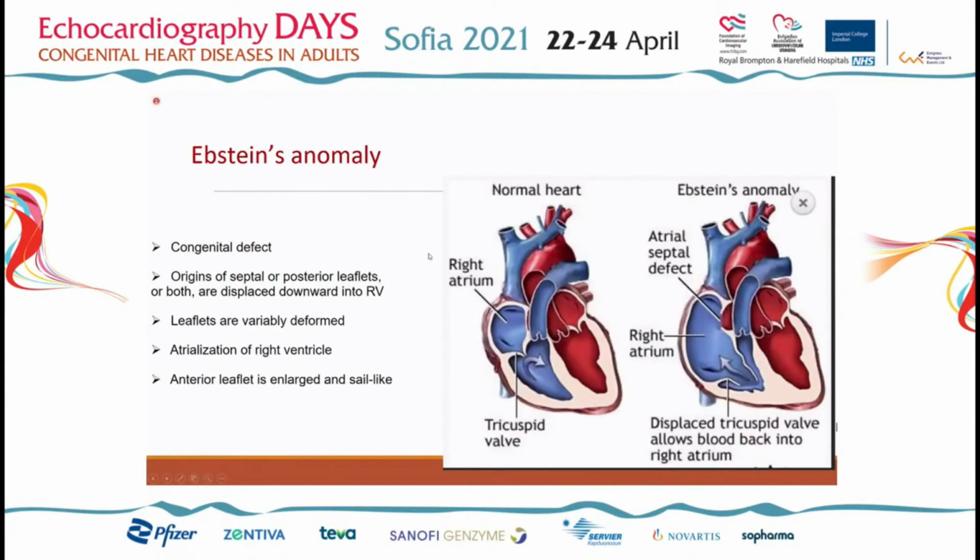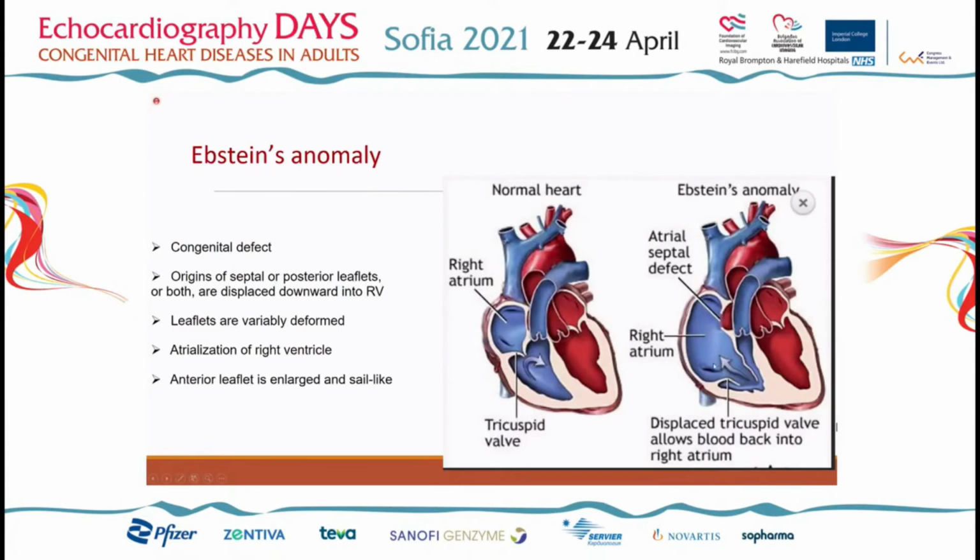So Ebstein anomaly is a congenital defect, a malformation of the tricuspid valve and right ventricle, characterized by adherence of the septal and posterior leaflets to the underlying myocardium, failure of delamination, namely splitting of the tissue and detachment of the inner layer during embryonic development, downward apical displacement of the valve, displacement of the functional annulus,